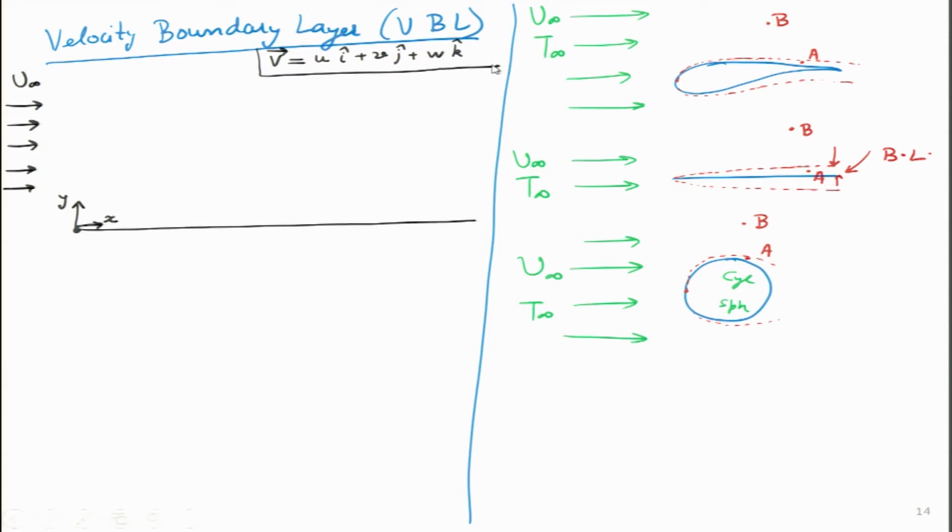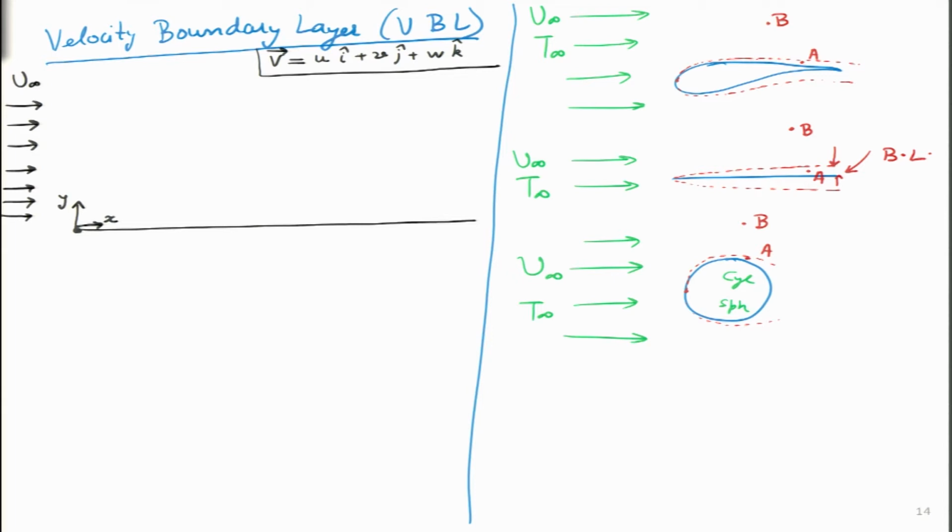So, over here we are considering a two-dimensional flow. So, it will have a u component and a v component. When the flow is coming from the left hand side, before it hits the plate, at that point there is no v component. We can see this is just a horizontal velocity profile.